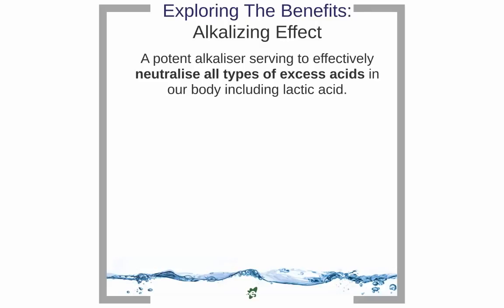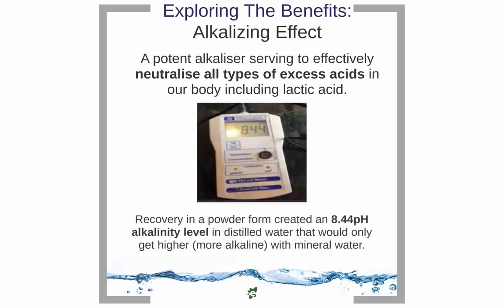So we've discovered that this is a potent alkalizer, effectively neutralising all types of excess acids in the body. Our testing using distilled water, which is the most difficult to make alkaline because the mineral content to create traditional alkalinity simply isn't in the water. So we've deliberately chosen the most difficult water to alkalise just to prove the amazing effects of recovery. Recovery in a powder form created 8.44 pH alkalinity level in distilled water that would only get higher with mineral